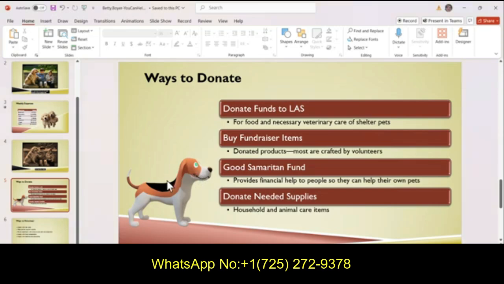Okay, so now we're going to insert a new slide after slide 5. So we're going to leave slide